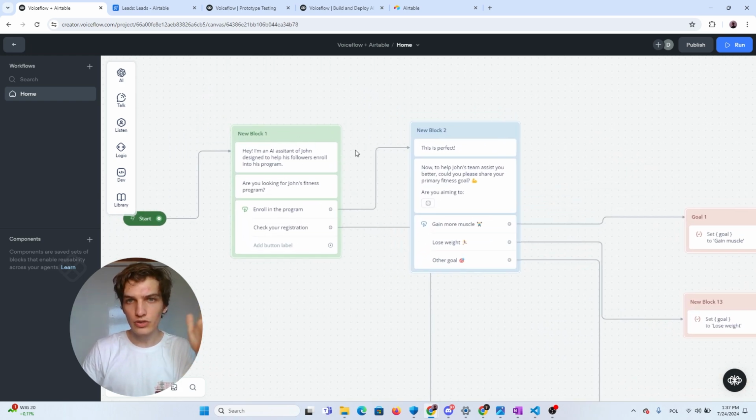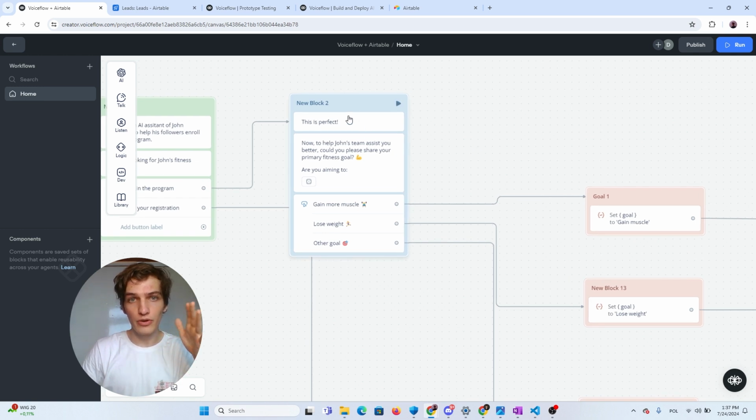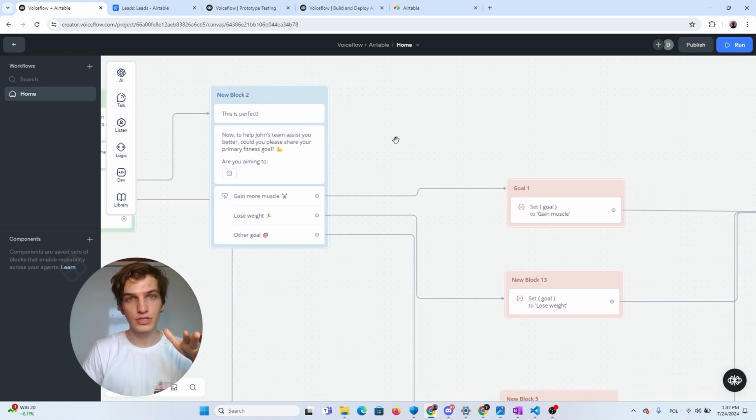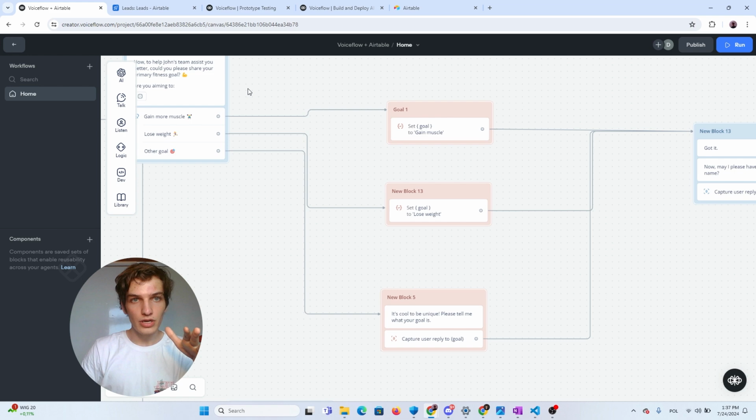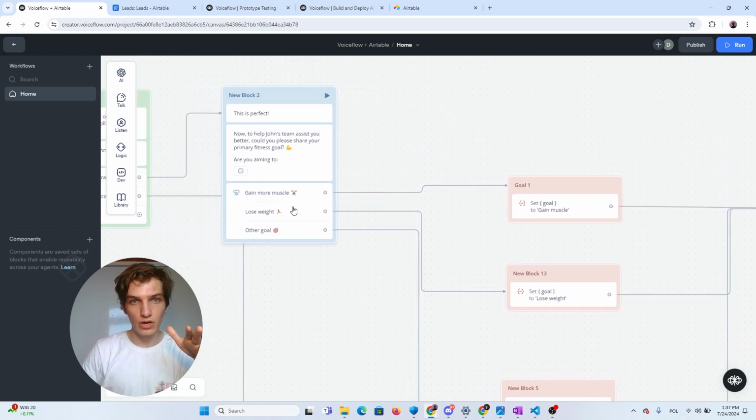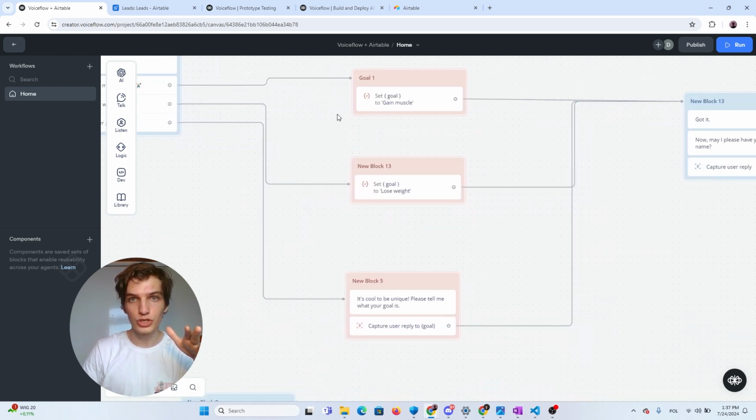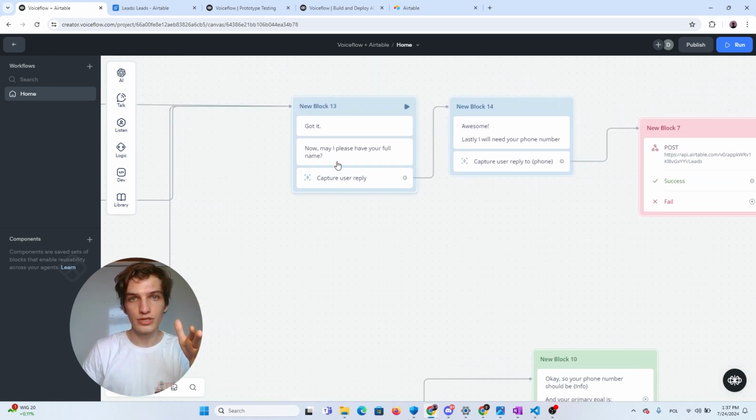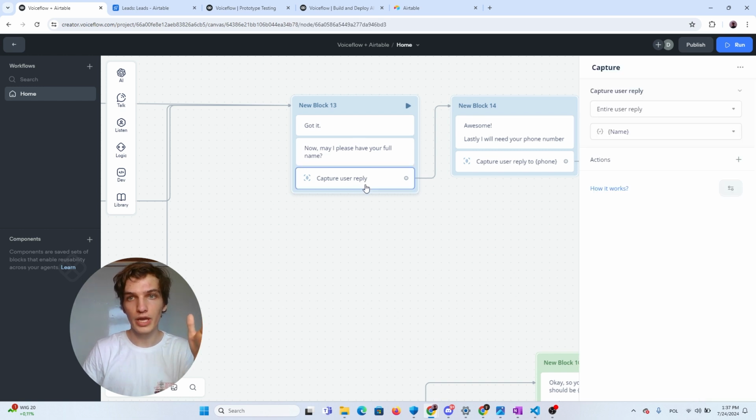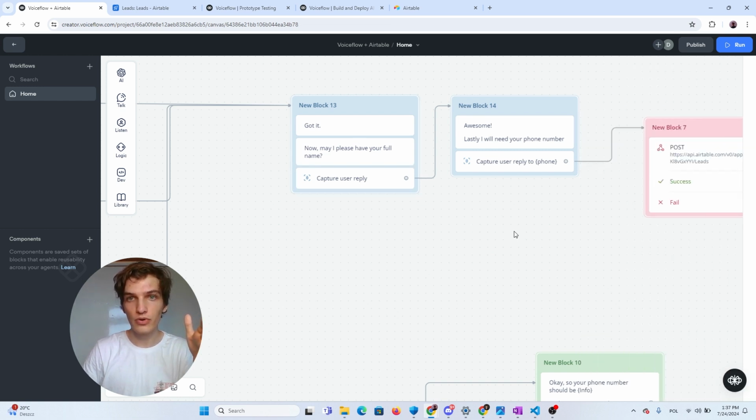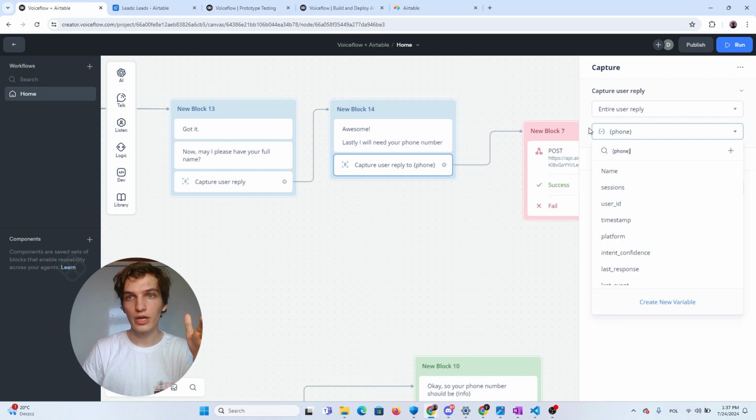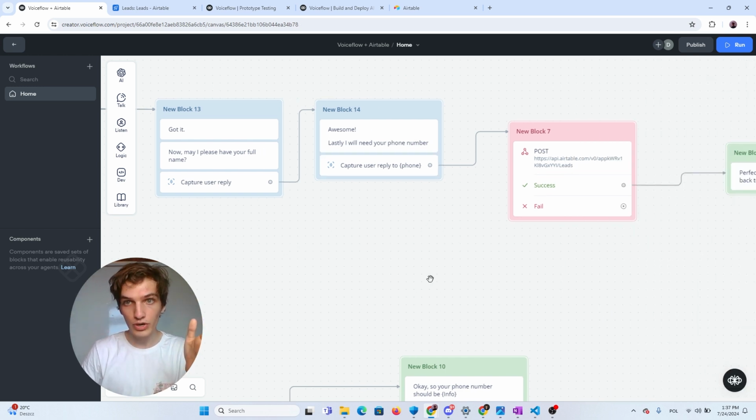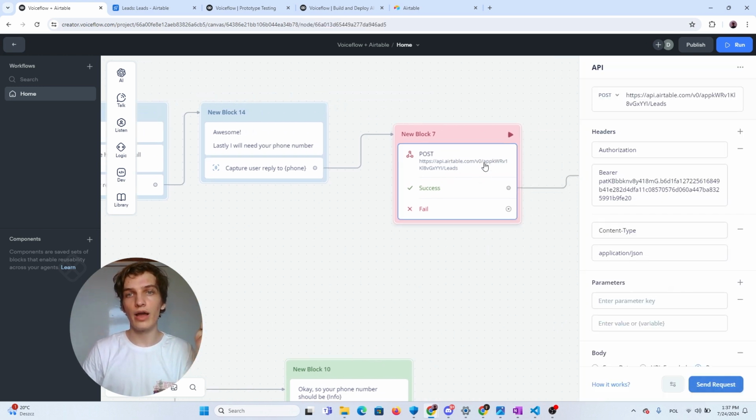So first, greeting message, nothing new here. Then we'll ask about the goal. This is the first question. After we ask about the goal, we have some options of response, which we then capture inside a goal variable. After we've done that, we ask a question about full name. We also capture it inside a different variable. Then we ask about our phone. We capture it in yet another variable. And then we do a request. So right here,